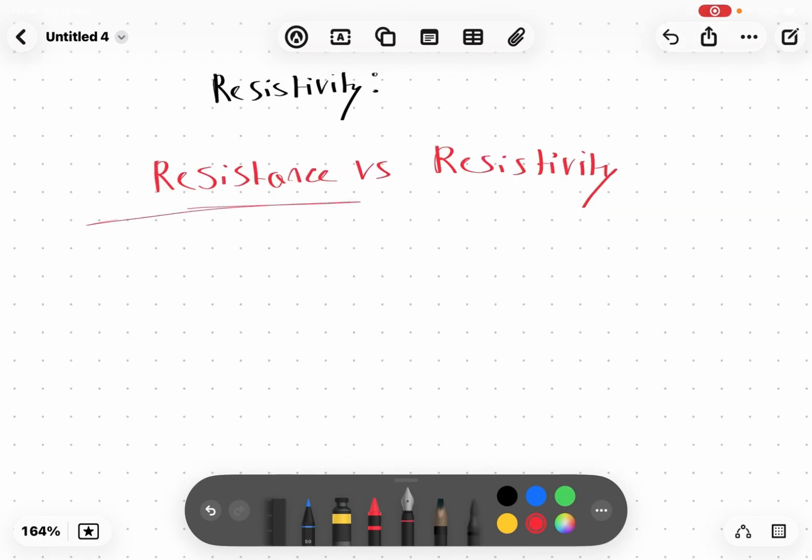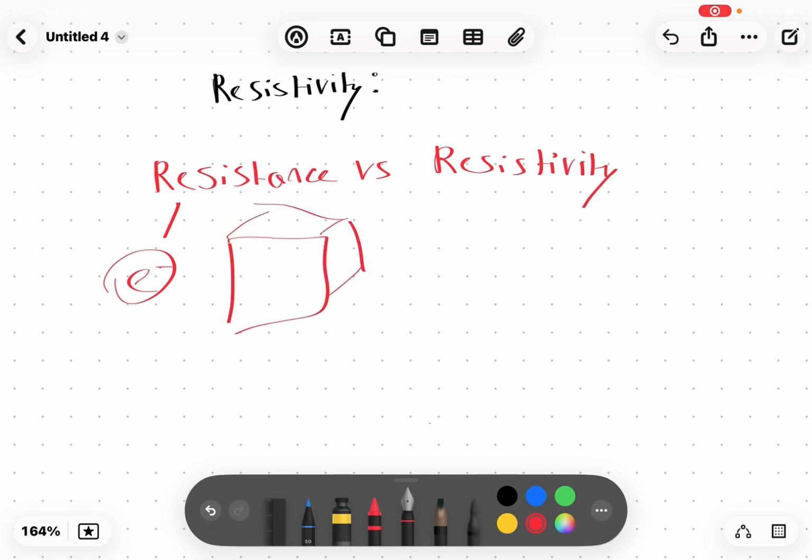The difference between resistance and resistivity is how much opposes the flow of electrons. In resistance, it's about the size, and it's about the material, what it's made out of, the substance. So it's kind of like a geometric property. However, the resistivity is an